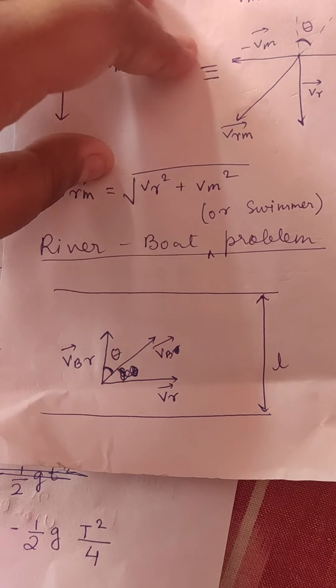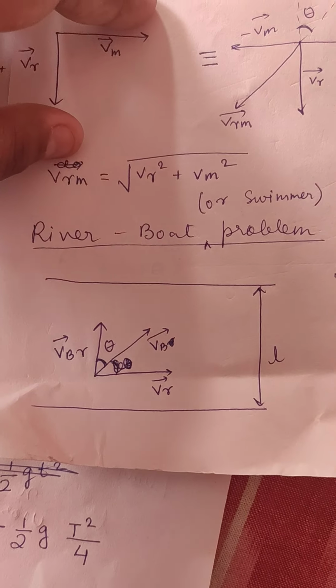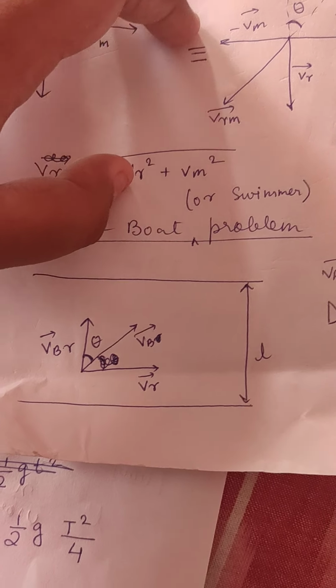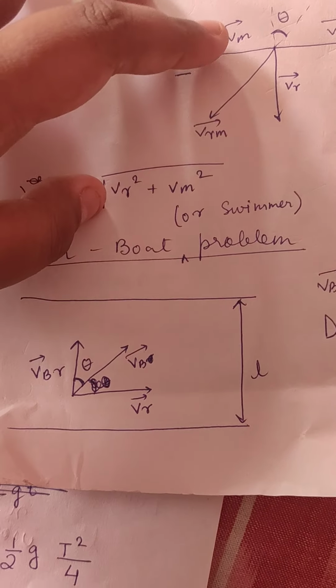Now we know the resultant of Vrm also. When two perpendicular vectors are given, then the resultant